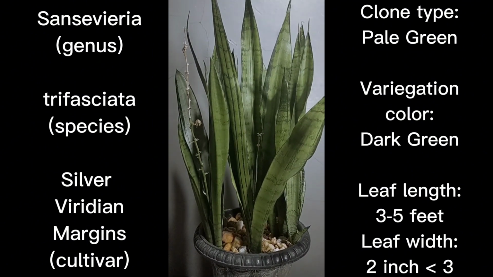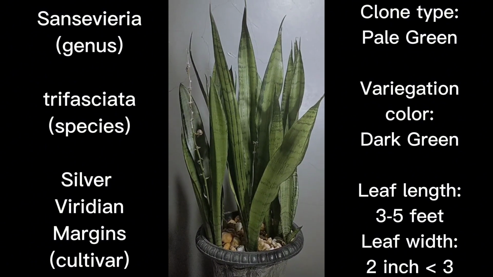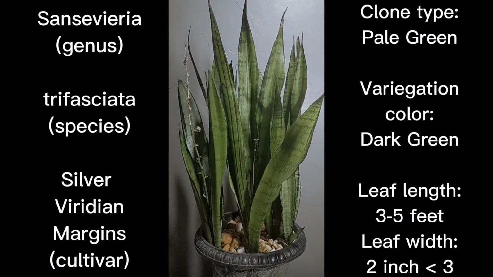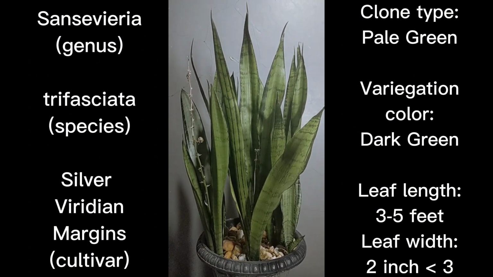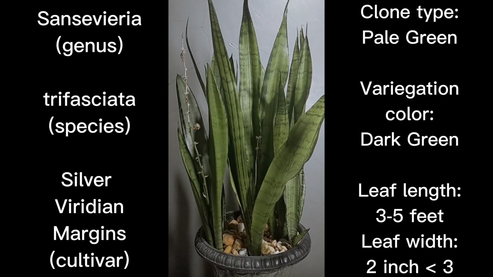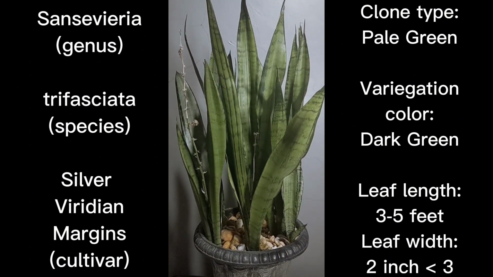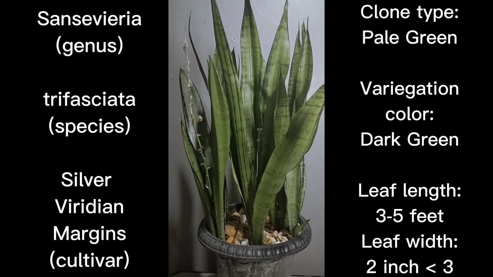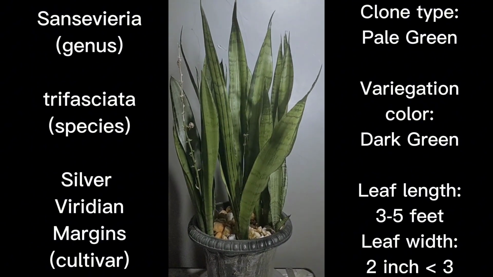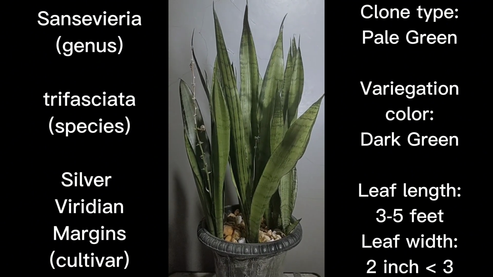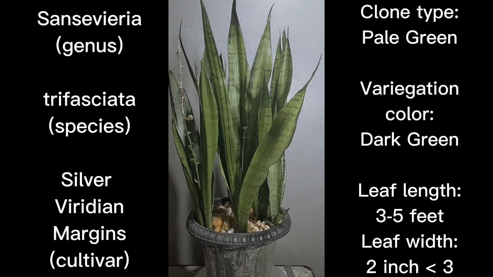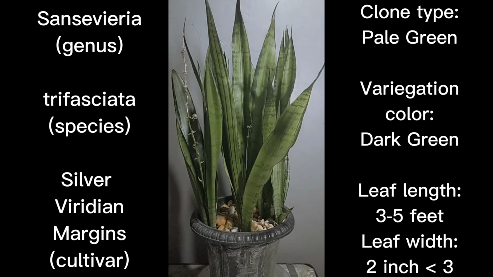So this is how my Sansevieria trifasciata Silver Viridian Margins looks like. In a bit, I'll show you a tour of how many pots I have come up with of my cultivar. Like I said, I've had this cultivar for 5-6 years. If you want, you can check what I've posted before. I think I posted it as Sansevieria trifasciata Silver Laurentii in the earlier days, when I was not yet an expert